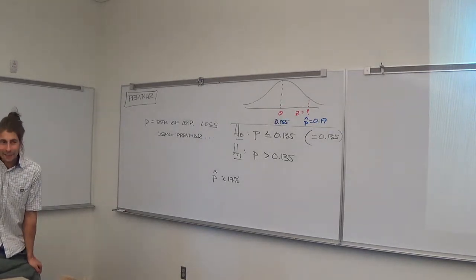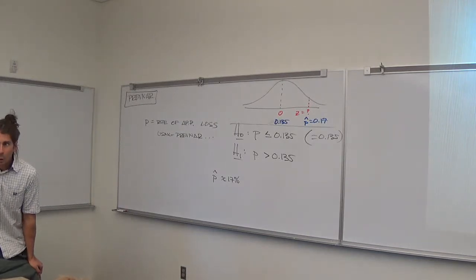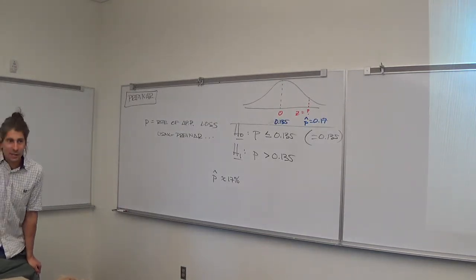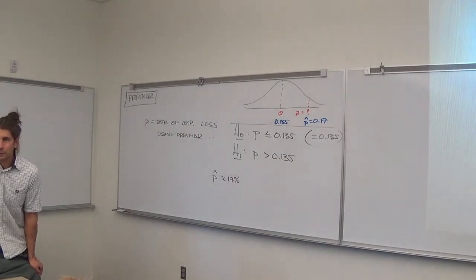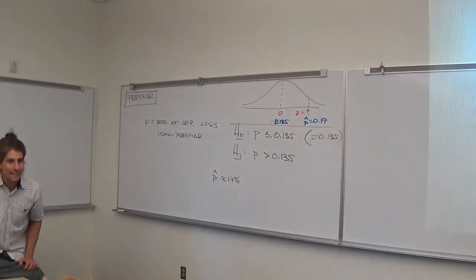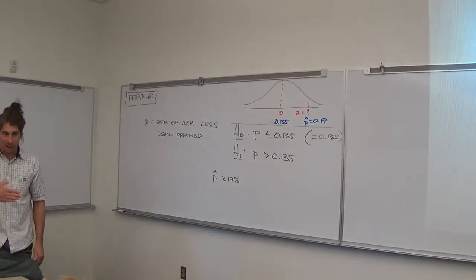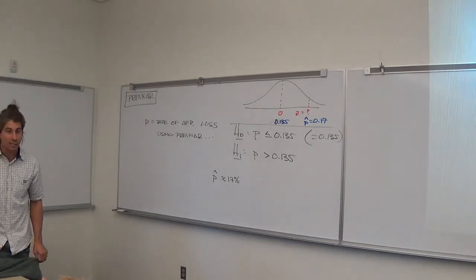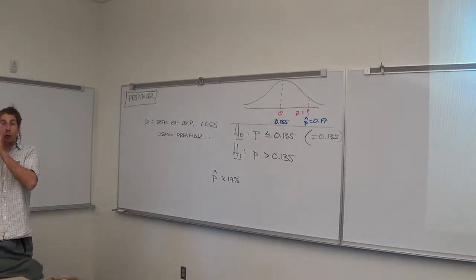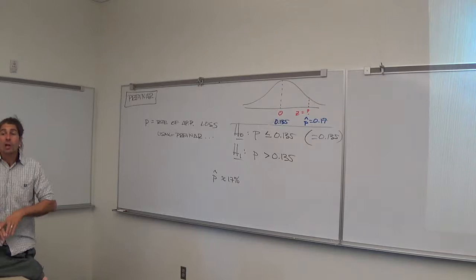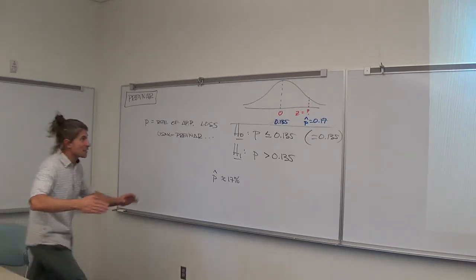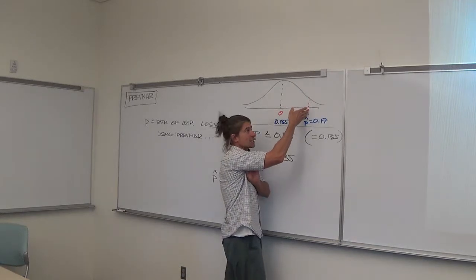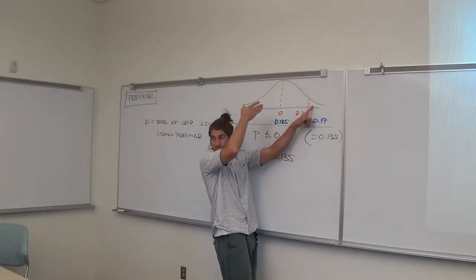But if you want to deathly avoid a type 2 error, what do you have to do to the confidence of your test? Do you remember? It's okay if you don't. It's been a long week. Lower it? Yes, ma'am. You have to lower your confidence in order to reduce a type 2 error. Because in order to reduce a type 2 error, you have to increase the chance of a type 1, and that means lowering confidence. That essentially means taking this line and sliding it back so that it's more than 5%.